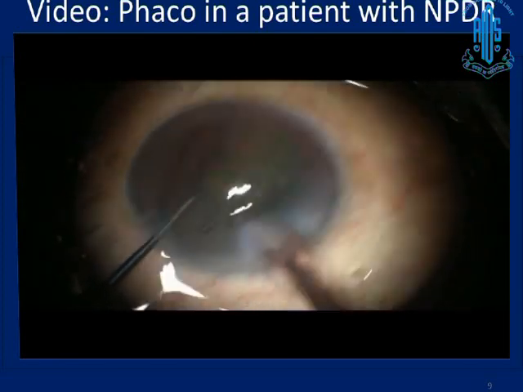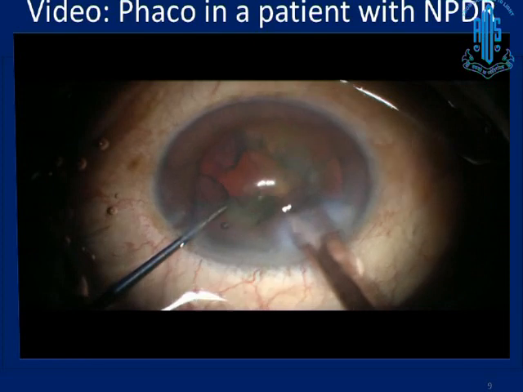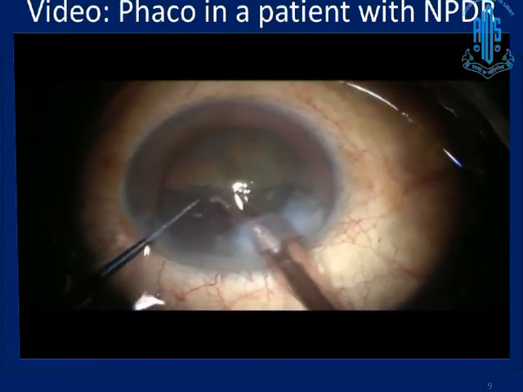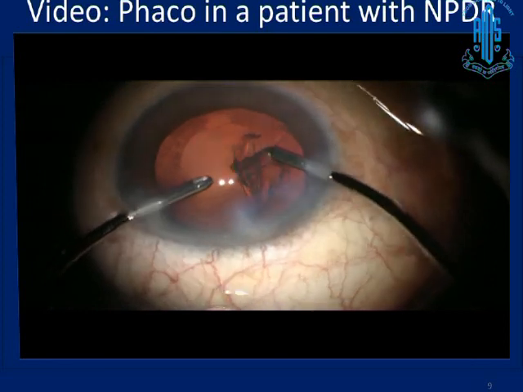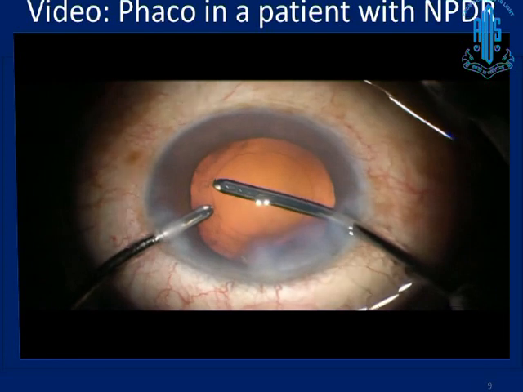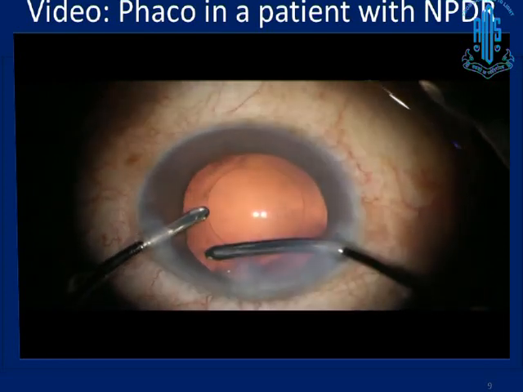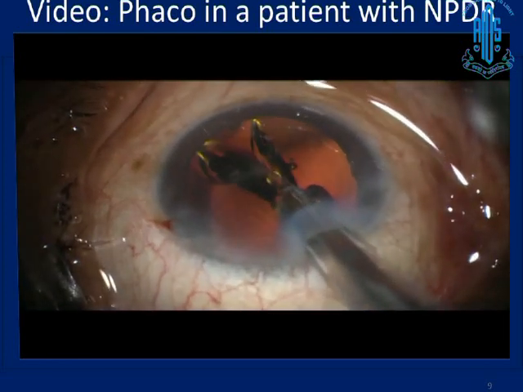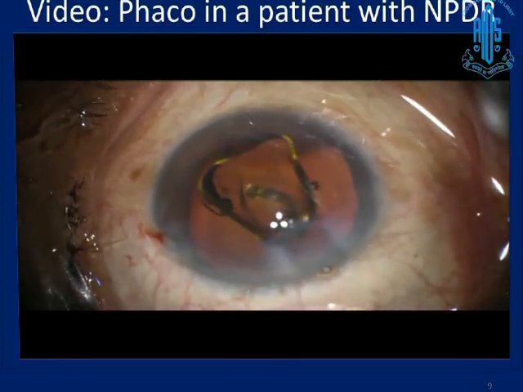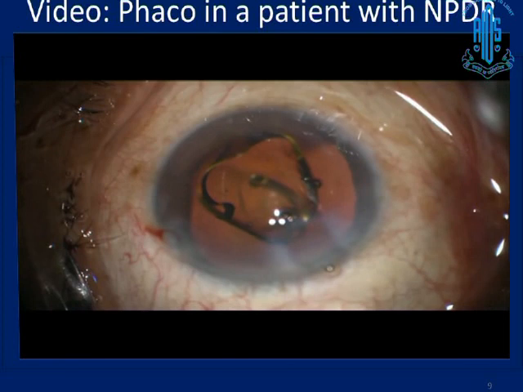After doing capsulorhexis, we have to do phaco surgery or nuclear chopping within the capsular bag to avoid any corneal damage, remove all the cortical material from the capsular bag and implant the IOL, that is a hydrophobic acrylic IOL, into the capsular bag.